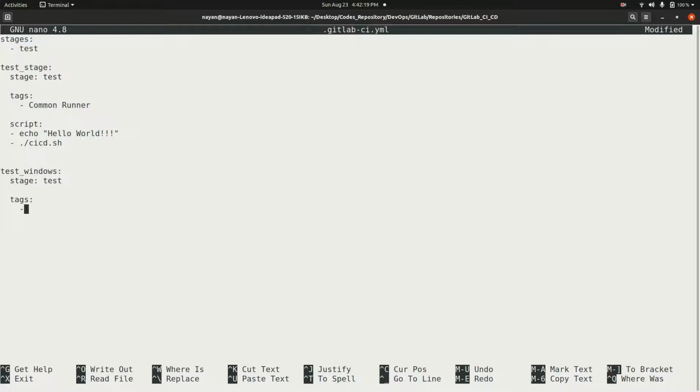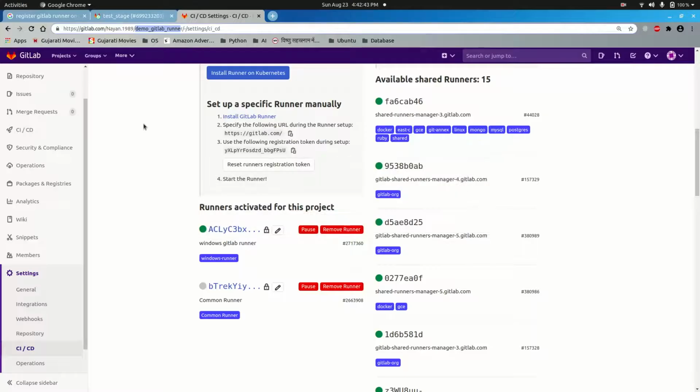So when we use this tags keyword in the .yml file, it says that we want to run this job with the help of this runner only, and we don't want any other runner to execute this job. So over here I will use the Windows runner that I have registered on Windows operating system. So its tag name is Windows-runner.